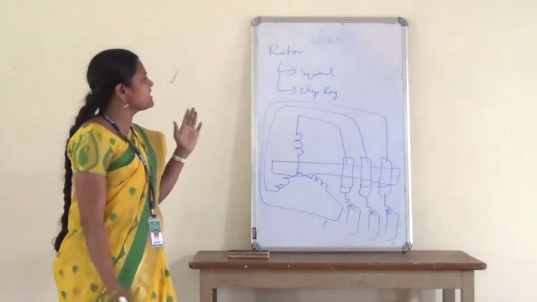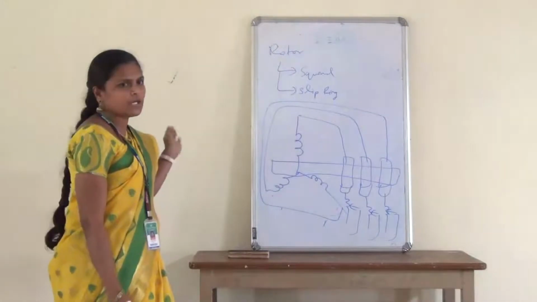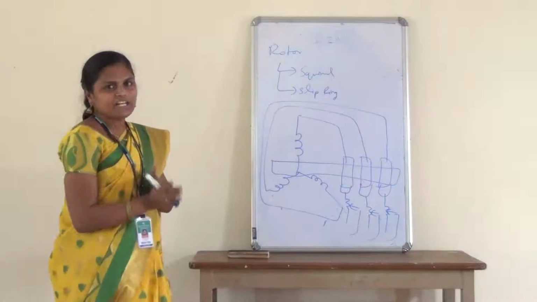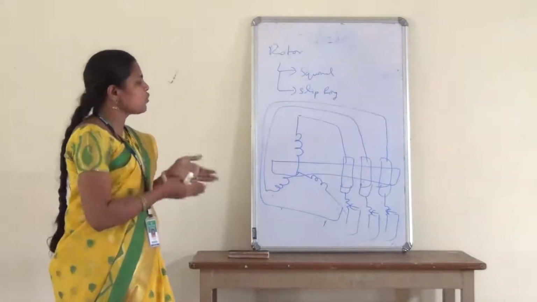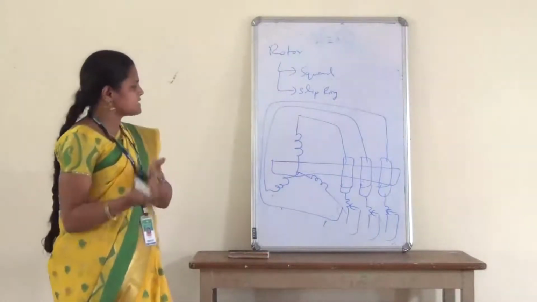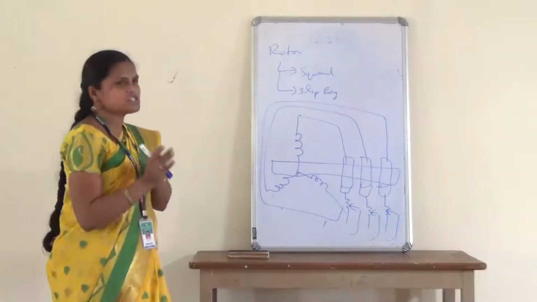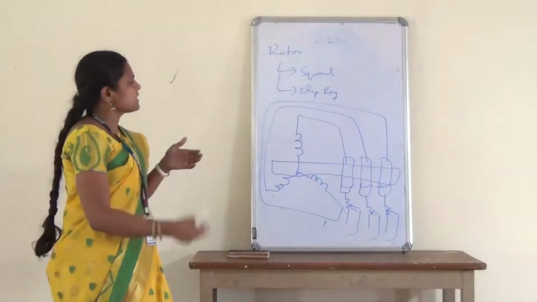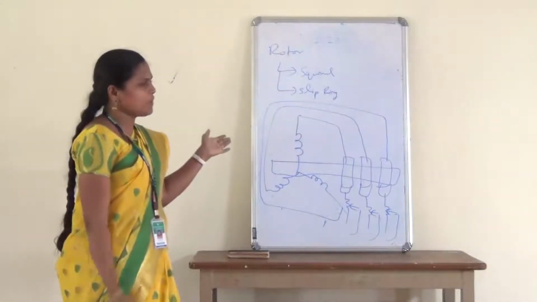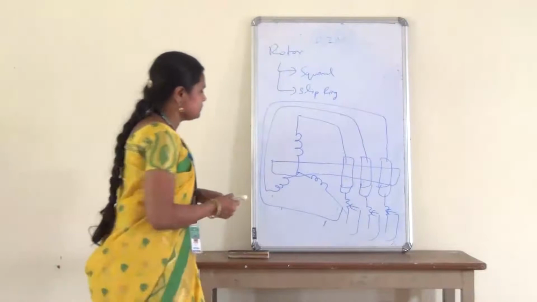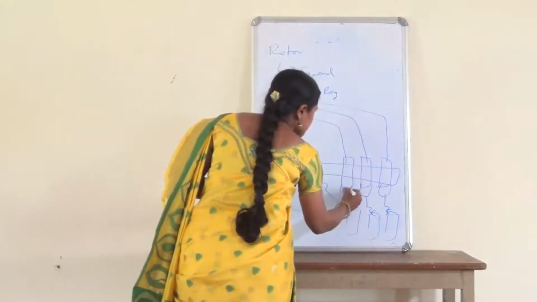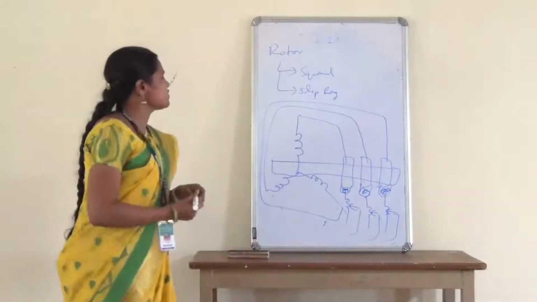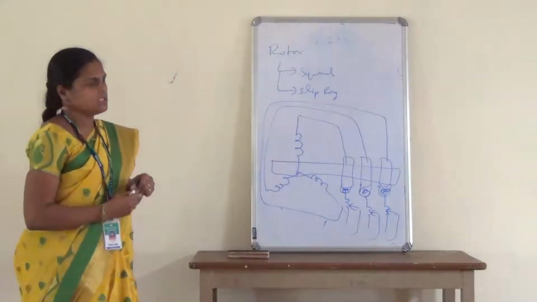The main difference between the squirrel cage and slip ring rotor is that in squirrel cage, copper bars are used, while in slip ring, windings are used. In squirrel cage there is no need of any external rheostat. In slip ring, an external rheostat is used, and due to it slip rings and brushes are required. The squirrel cage circuit is simple, whereas the slip ring circuit is complex. So these are all about the construction of the three-phase induction motor.